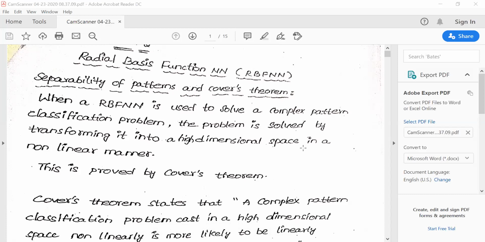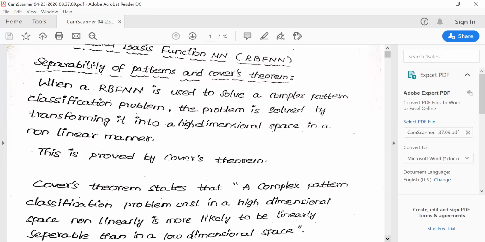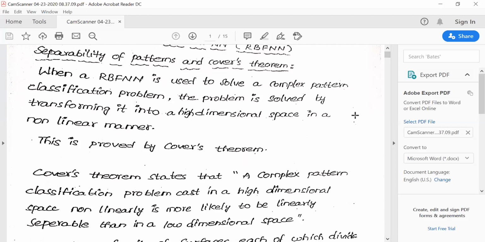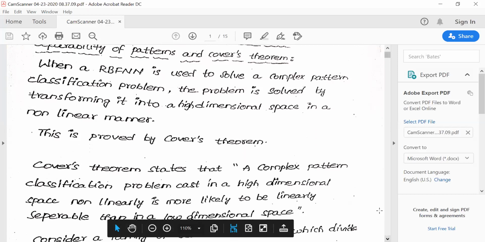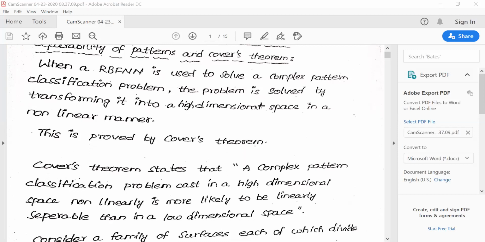Okay. So in fifth unit, we have radial basis function neural networks. That is our topic. And before that, we need to understand two topics. One is Covers theorem and the other one is interpolation problem. And then how the interpolation problem can be solved using the RBF neural networks. Let's see that. So let us begin with Covers theorem.